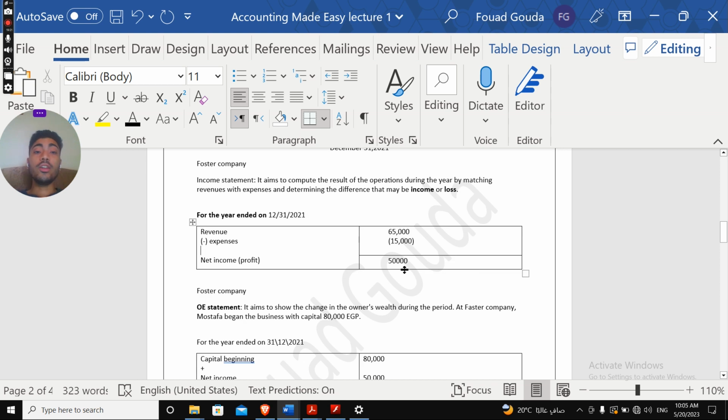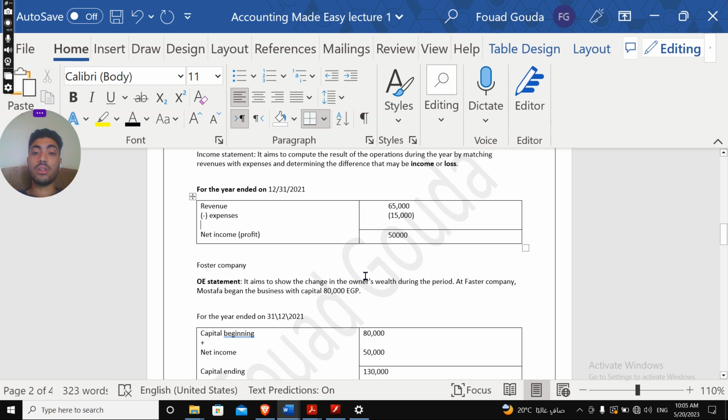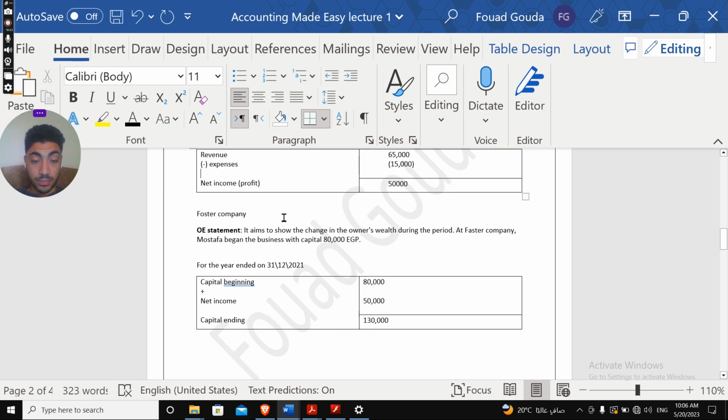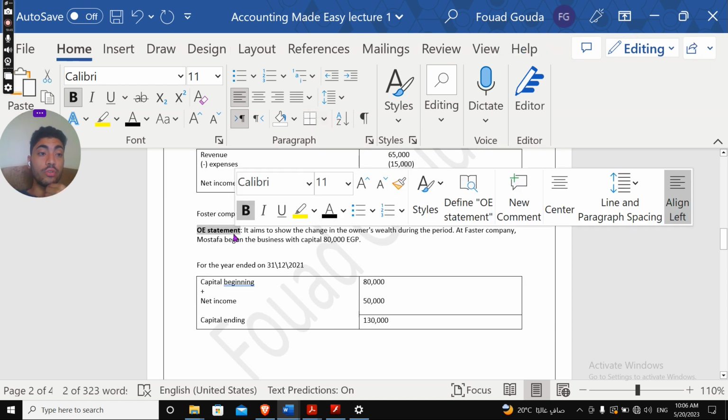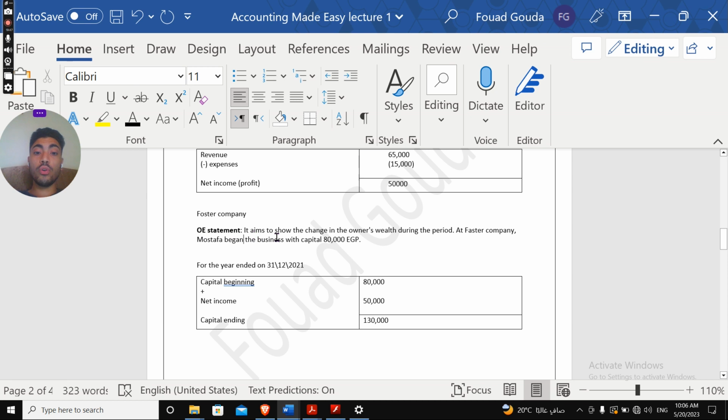Okay, second question to ask. How's my capital? Is it growing or not? So let's ask about the second statement, which is the OE statement, owner's equity statement. My capital, is it growing or is it declining? What's happening? It's called an OE statement, owner's equity statement. It aims to show the change in the owner's wealth during this period. Am I getting rich? Am I getting poor? What's going on with my